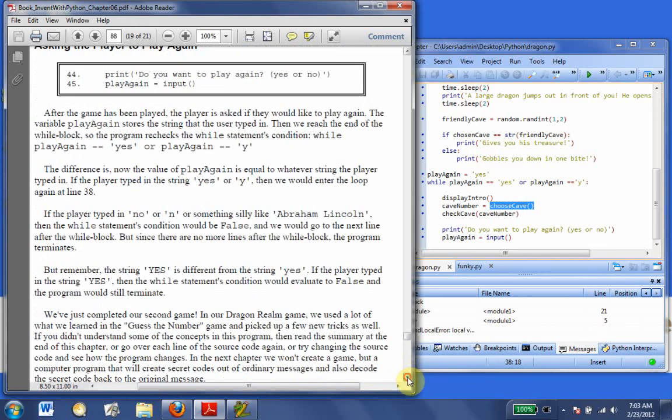Asking the player to do it again. Print, do you want to play the game, yes or no? Play again equals input. After the game has been played, the player is asked if they would like to play again. The variable play again stores the string that the user types in. When we reach the end of the while block,